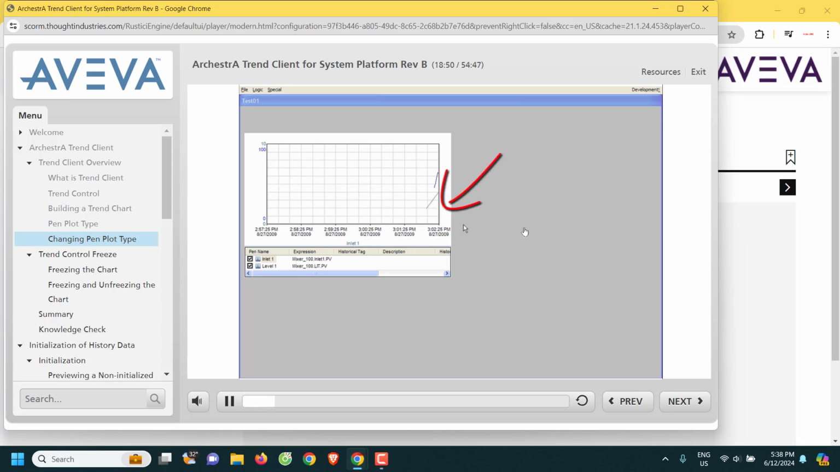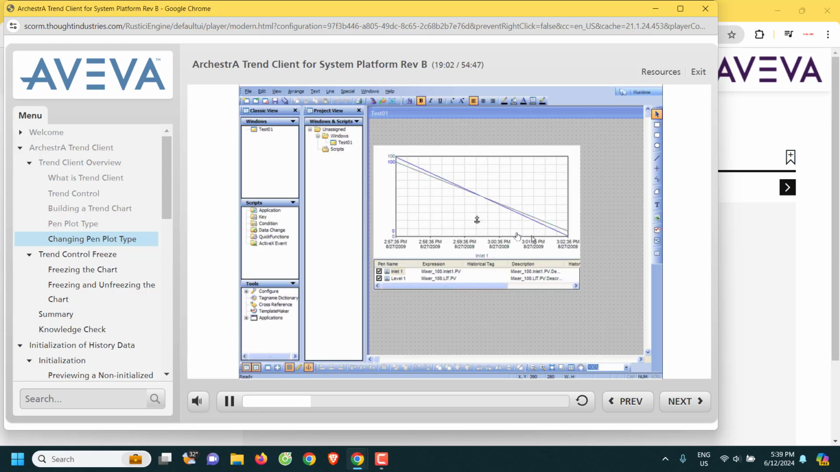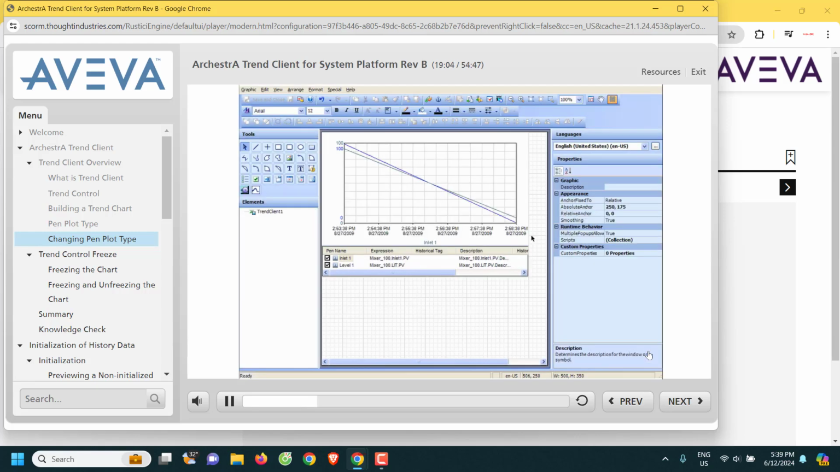So when the valve opened, closed, or went into traveling state, it shows this crazy line and does not give us a good representation for this particular data type. Returning to configuration of the trend,